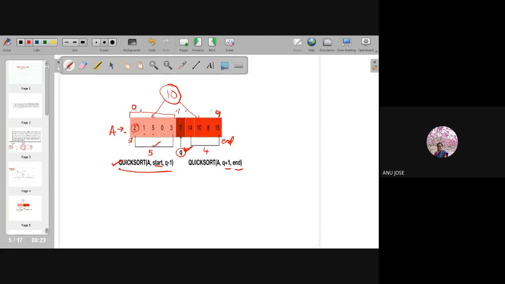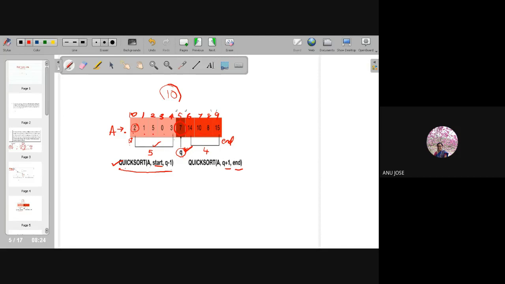So start is indicating the index value 0, and the indices are 0, 1, 2, 3, 4, 5, 6, 7, 8, 9. The pivot value 7 is indicating the Q value, that is 5. So from 0 to 4, the first array, quicksort will be applied.